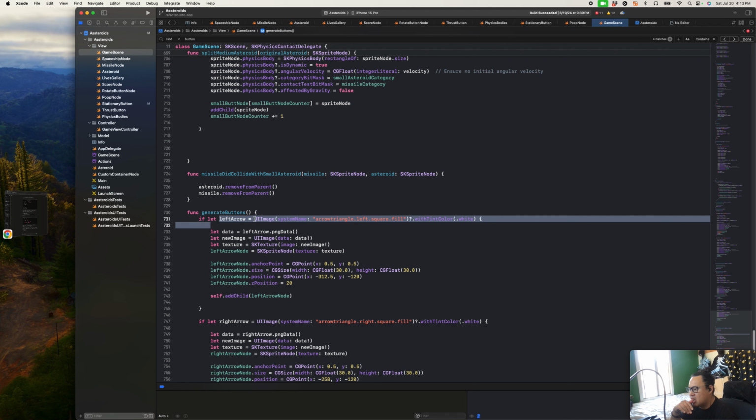So it looks like we need to instantiate a UI image class. So the left arrow, this is so weird. So the left arrow is a UI image here. So if the left arrow accepts a UI image,